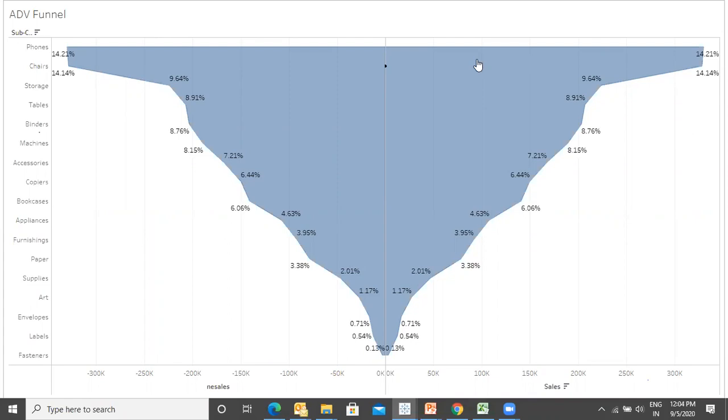In the right side of the funnel we see sales. In the left side, what is it? That is negative sales. Yes, negative sales. Just to get the other half of this, because this part has to be drawn before zero, and before zero means negative. So I have to create a calculated field, that is, any sales. I can give it any name. Name doesn't make so much of a difference here.